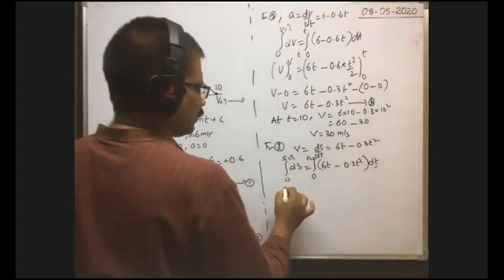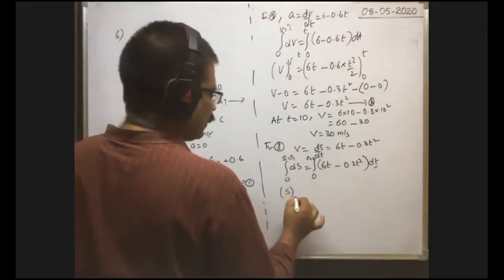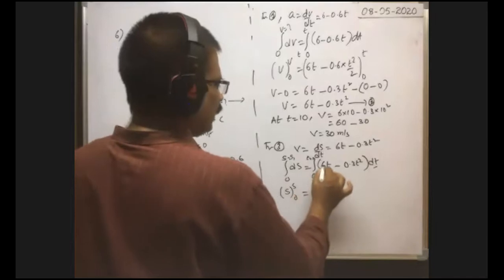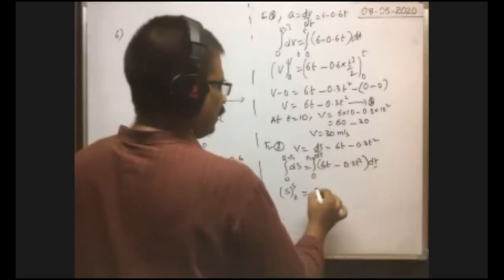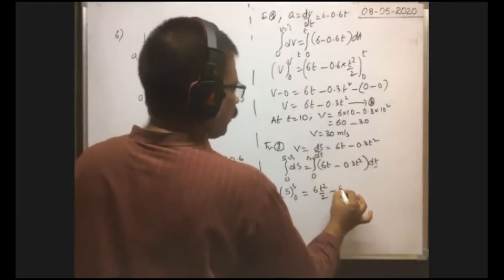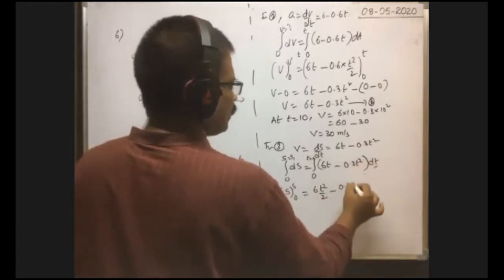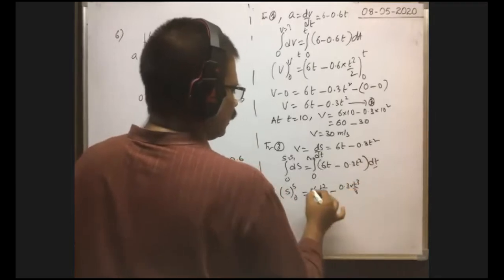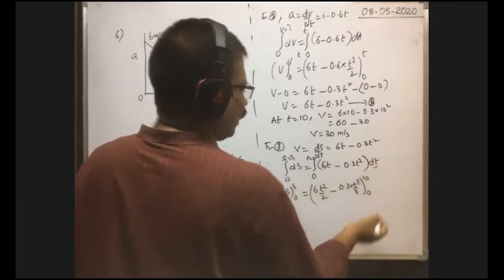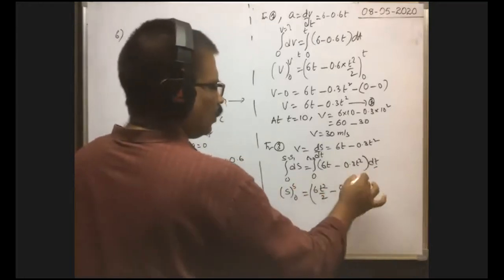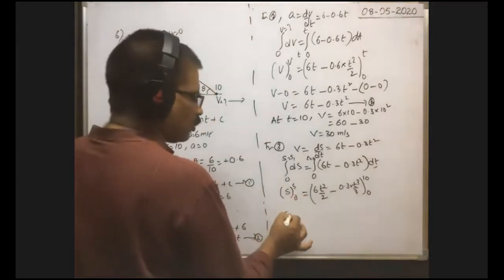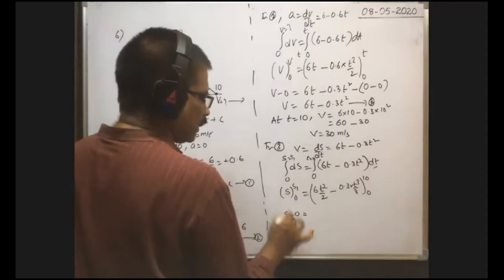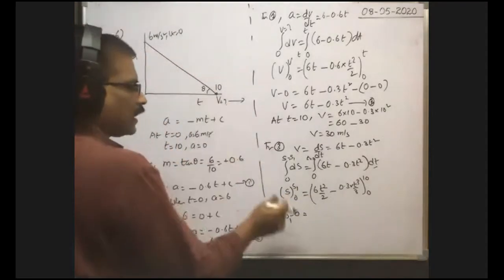Integral ds means, when you substitute the limits, you will get S1 is equal to integration of this one, tell me. Integral 60 dt means 60 into integral dt, that means t, minus 0.3 into integral t square dt means t cube by 3, limits 0 to 10. Of course, when you substitute 0, this total becomes 0. Only you substitute 10, that is enough. When you substitute the upper limit s minus lower limit 0, s is equal to S1. That means in first 10 seconds, the distance traveled is equal to S1.